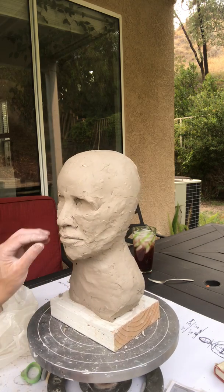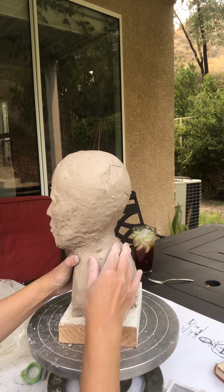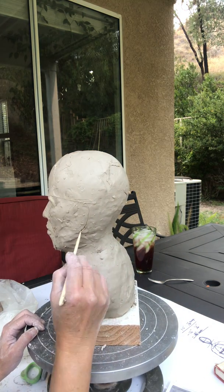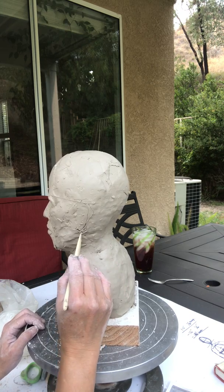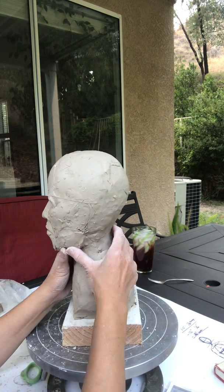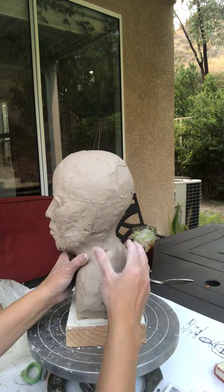Okay, so right now is the lips. Okay, and then we add a little bit of this. We're gonna come back with the cheek, and then the edge right here is gonna be your ear. The bottom of your earlobe is gonna be the edge of your chin. I'm gonna add just a little bit more right here. The reason is because I can see very clearly right here there's a shadow, so I'm gonna